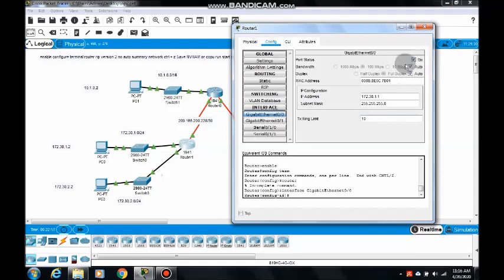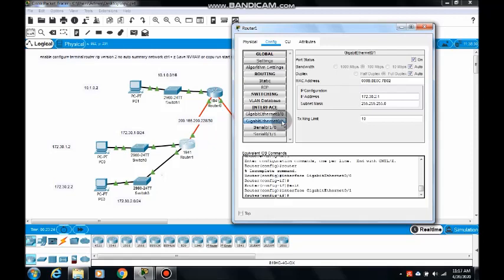The 172.30.1.0 network is connected to gigabit Ethernet 0. Switch on that interface and set this IP address to this interface.